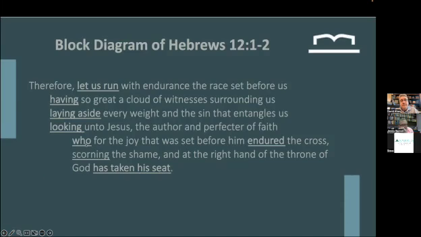Notice that everything right here in this section is telling you more information about who Jesus is. Do you see that? So this is further indented to the right to show that it is modifying that clause right there. And specifically, it's modifying the name Jesus. Looking unto Jesus, who is the one for the joy set before him, endured the cross, etc., etc. So here is then your outline structure of Hebrews 12, 1 and 2